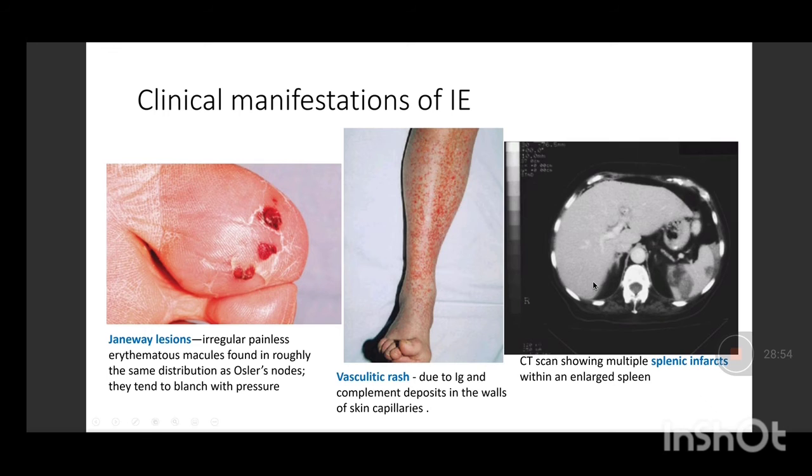So have the infarcts. So one way of classifying it is the cardiac and non-cardiac manifestations, and we have already discussed all the